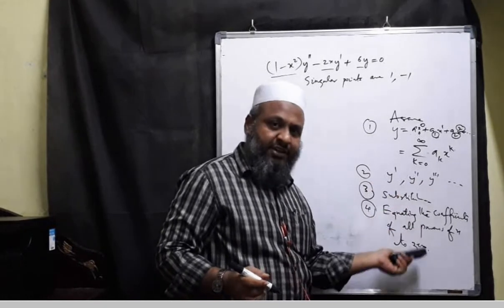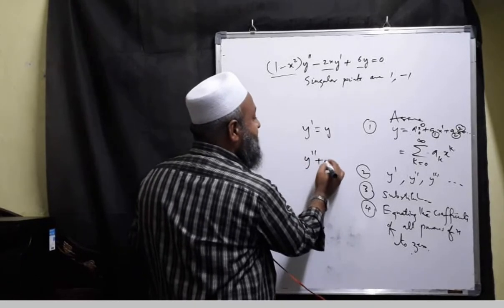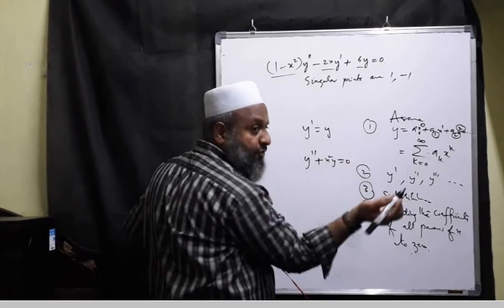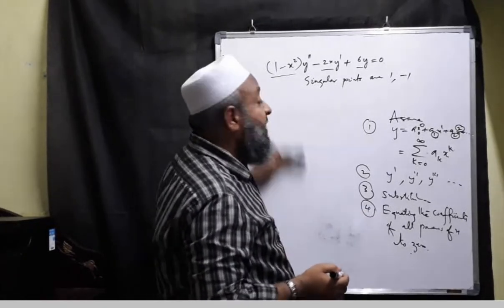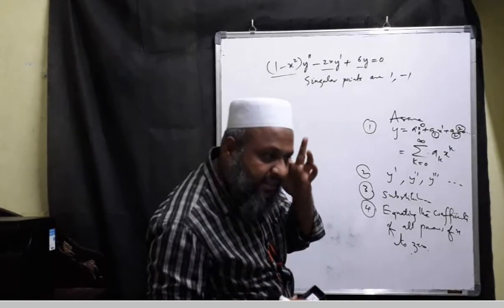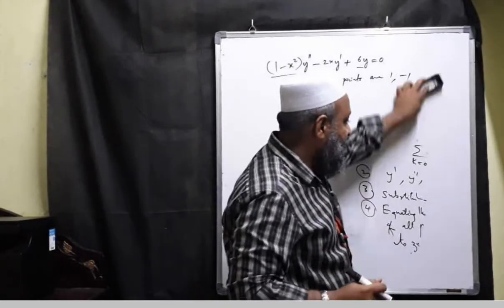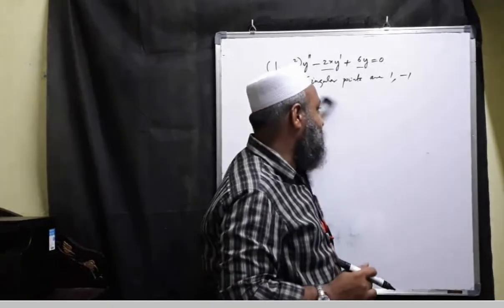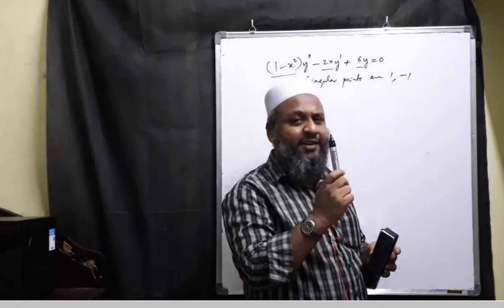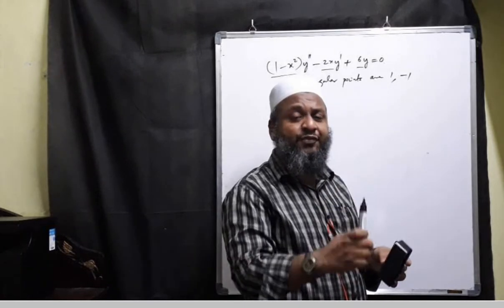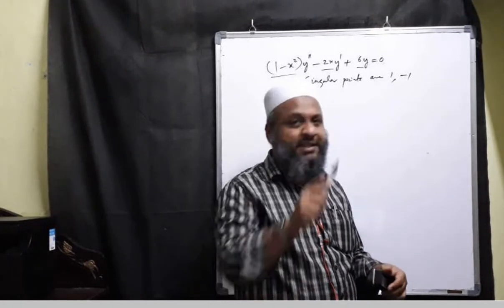And then the procedure I have given already. We have worked out y dash equal to y, and y double dash equal to x y or x square y, whatever problems we have done just now in the book, you can easily follow that one. I hope at least some people watching this stick with that point, that why some infinite series expressions cannot be written into closed form expressions. Why so?